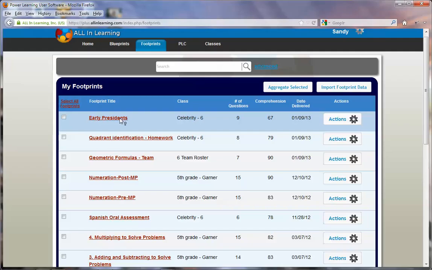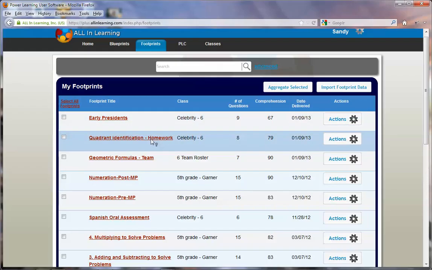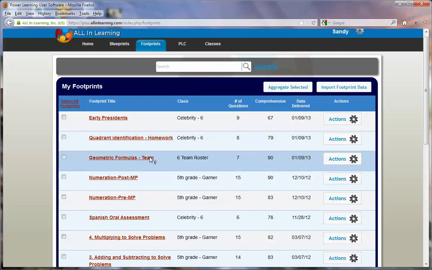I've got an early presidents session. We did 9 questions and the comprehension was 67. I've got a homework session, so this is going to be an example of data coming from Engage and Learn. I've got a team activity that we've got here, and this will be an example of data emanating from response